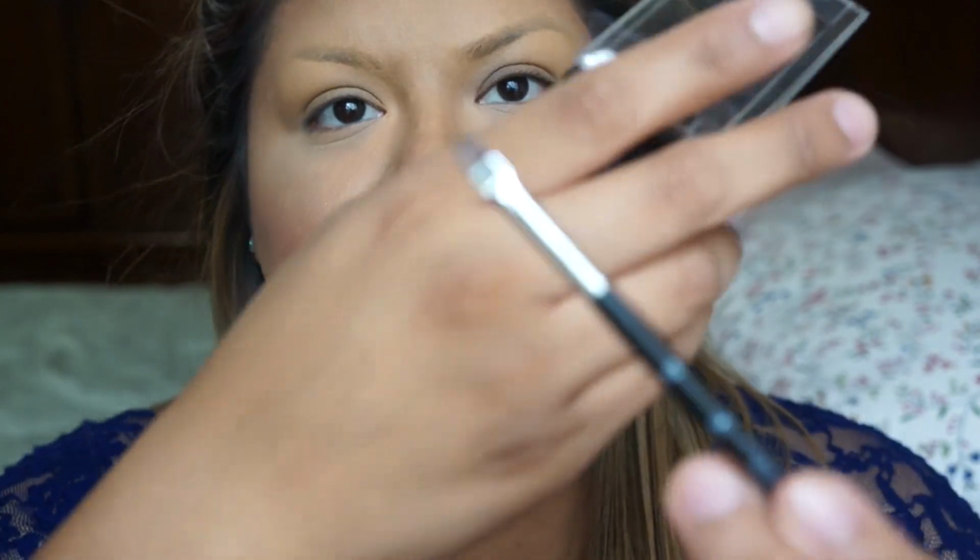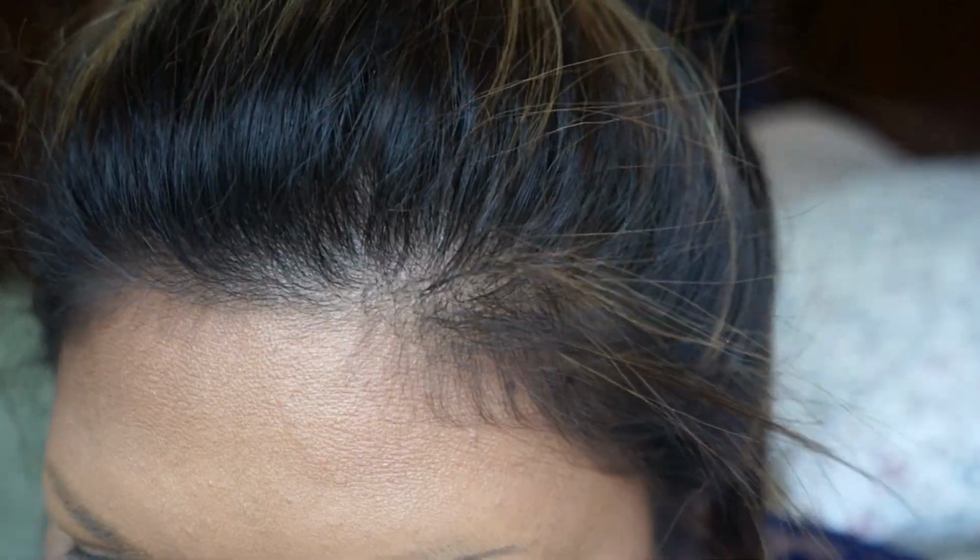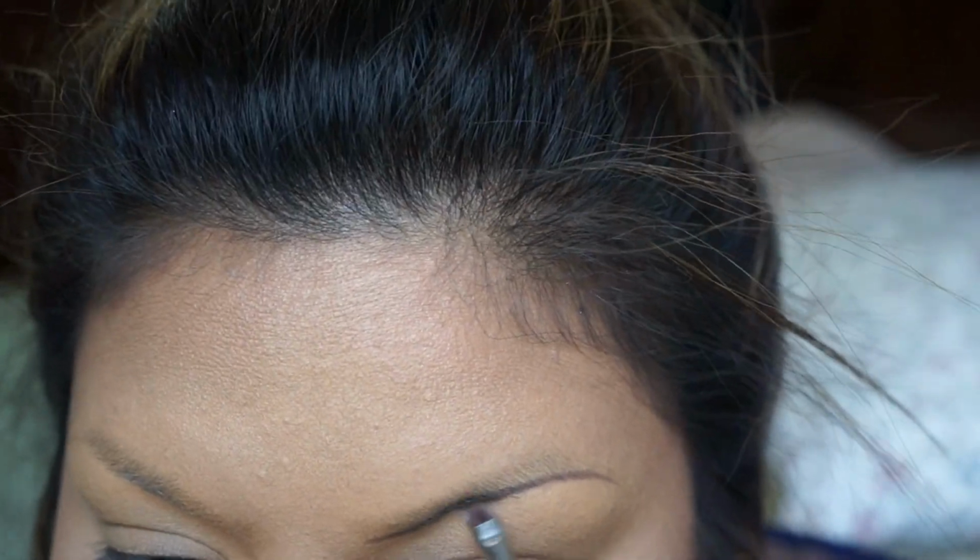I also do use a number 12 Anastasia brow brush. And I'm going to fill in my eyebrows. This is a pretty lengthy process. So I like to outline it first and then fill it in. So I'm going to do this one eyebrow and then I'll do the other eyebrow off camera because I do the same thing for the other side. And